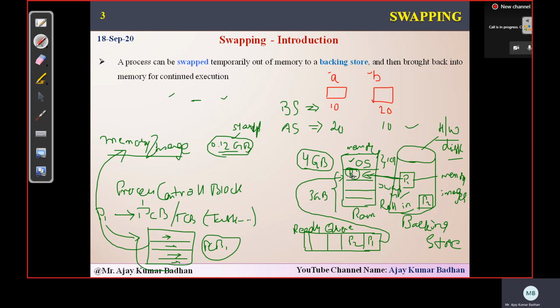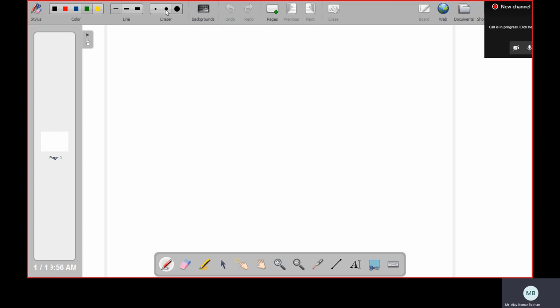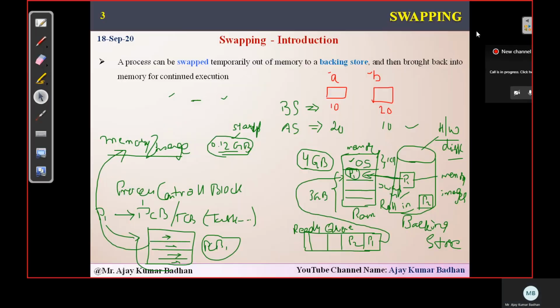And the same way, whenever this process is removed from the memory, definitely the memory image will be updated. He might be performing some operation here. After performing the operation, he might be coming out of this particular RAM. So whenever he is coming out of this, suppose this particular process has completed executing. Now this P1 is coming out of it. So definitely his memory image also gets updated because he has executed for a certain time.